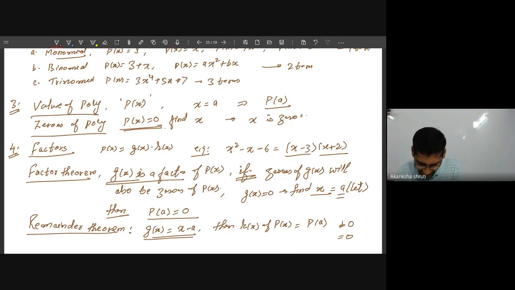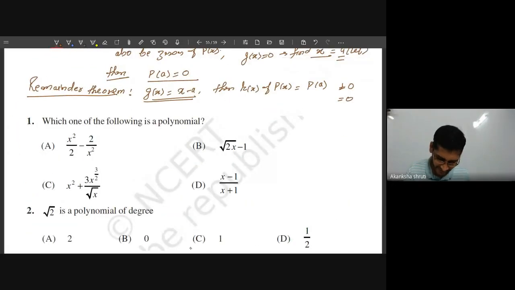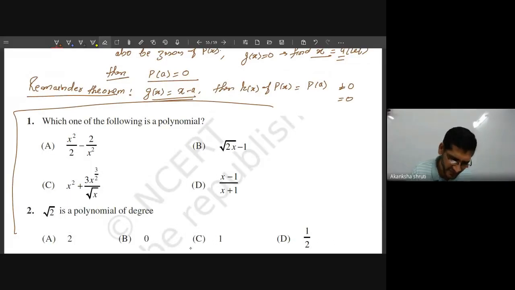So the factor theorem and remainder theorem mean the same thing. If the remainder is 0, it becomes the factor theorem, or the factor theorem is a special case of the remainder theorem. For calculating the remainder, you have to equate this g(x) to 0 and substitute in p(x). So this was our remainder theorem. These were the important theorems. In addition to this, we have identities. Student, let me enumerate the identities also. For that, let me copy this to the next page.